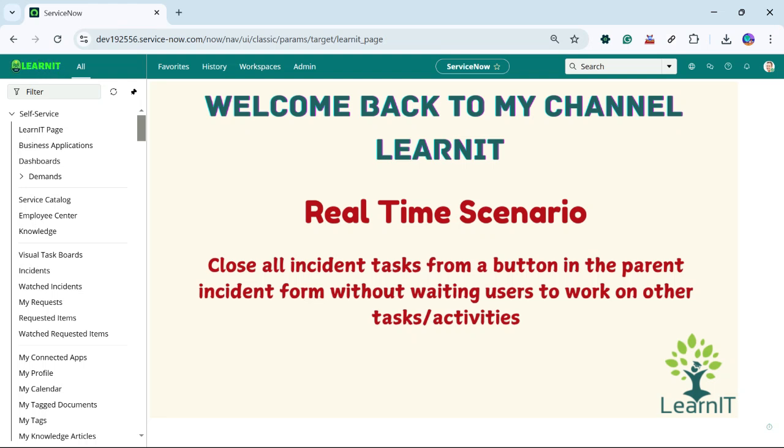Alright, so let's proceed further and see what our scenario is. We have to close all incident tasks from a button in the parent incident form without waiting for users to work on other tasks or activities. What that means is we have to close all incident tasks in the background. That means we have to do some code